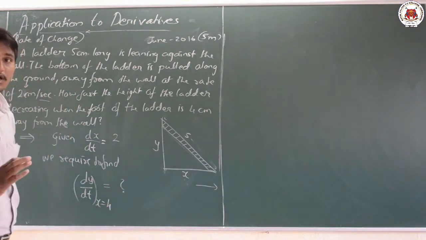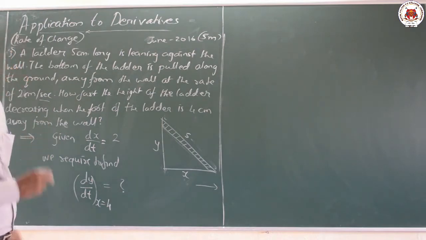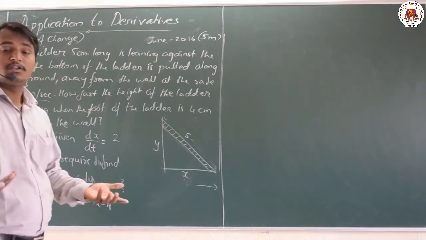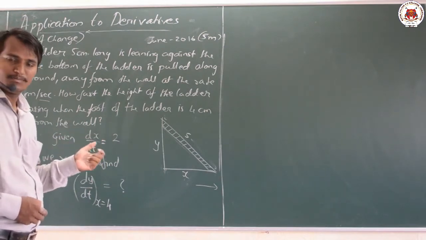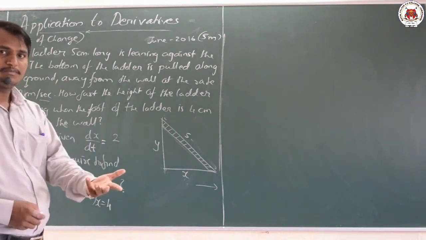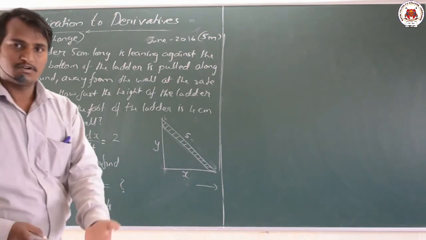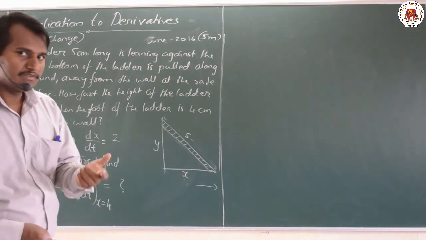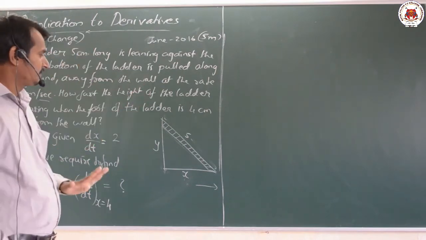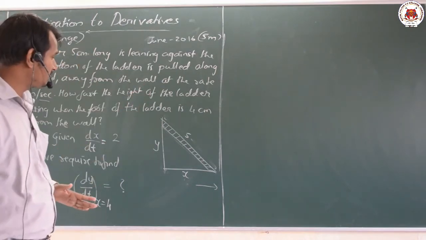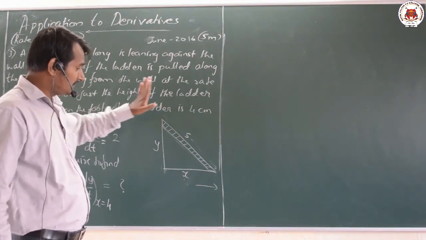This is all the given data, dear friends. But now the question arises: he has not given any equation. In the previous problem, he had given the perimeter. We know the formula for the perimeter and area of the rectangle, and depending on that we were done. Area of the circle we know. But here he has not given anything. Instead, he has given us a pictorial diagram.